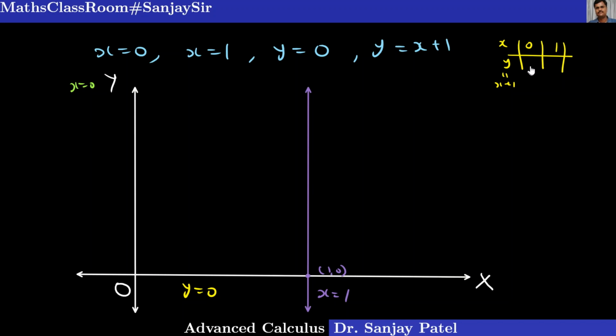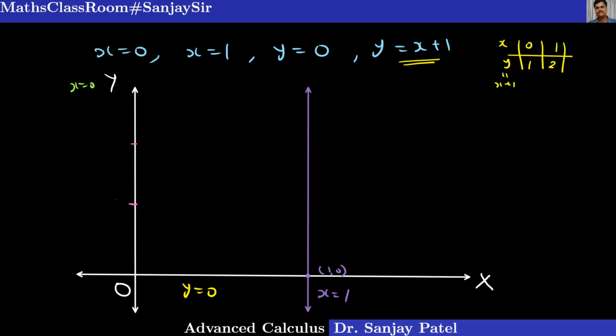So x equal to 0 gives you y is equal to 1, and when x equal to 1, you will get y is equal to 2. So this is a line passing through 0, 1 and 1, 2. So where is 0, 1 and where is 1, 2? Let us find out. So 0 comma 1, say somewhere here, and say 2 is somewhere here. This is 1, this is 2, and now I am taking